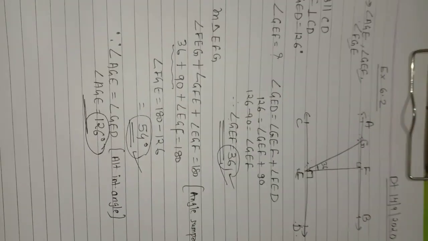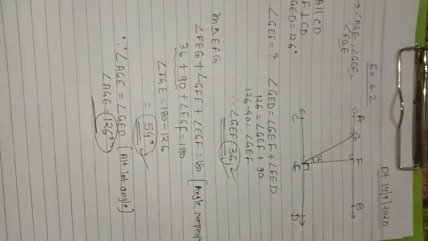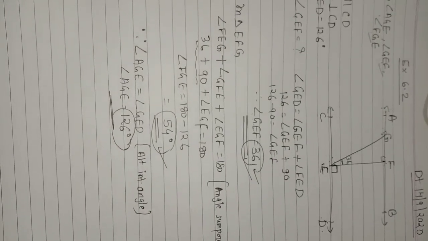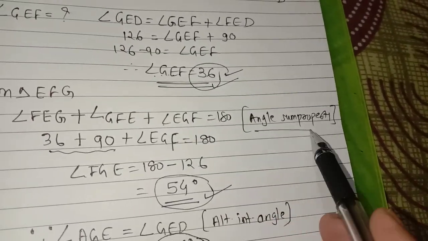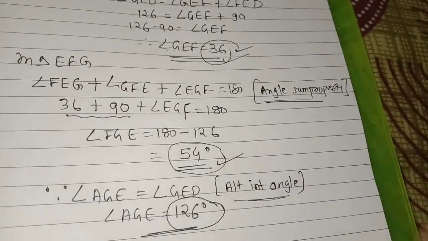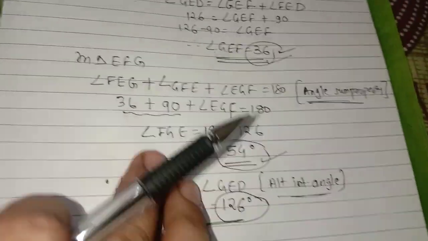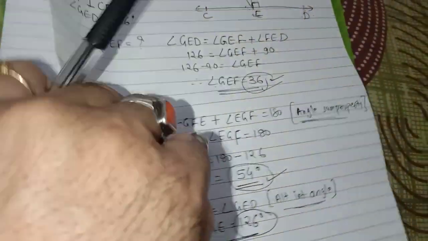So just take a glimpse of the whole solution once again. Even you can stop the screen and find the way to write. One thing, make sure that whenever you are writing any kind of property, mention it here. This will improve your basics. So let's move quickly to question number 4.